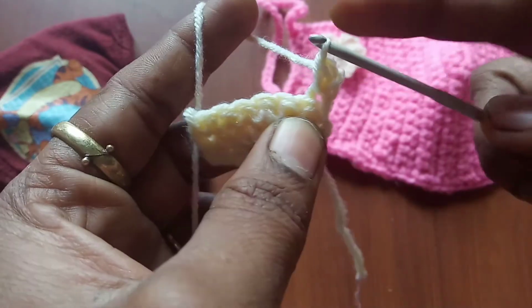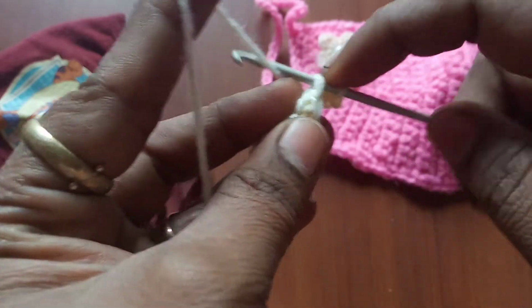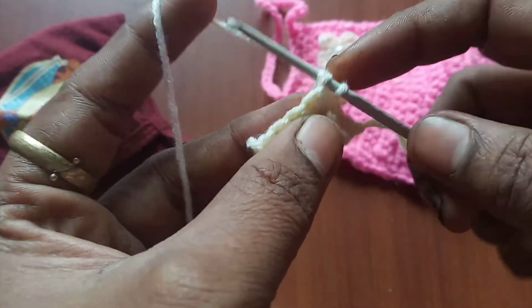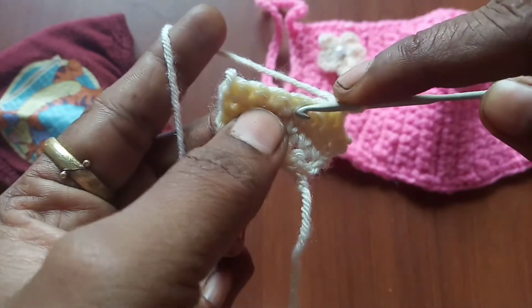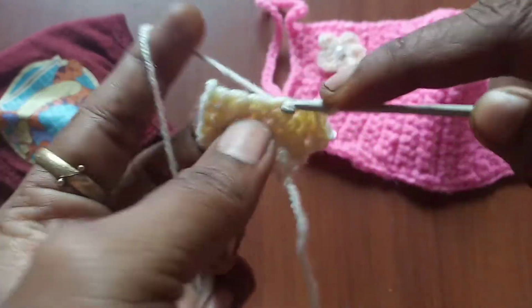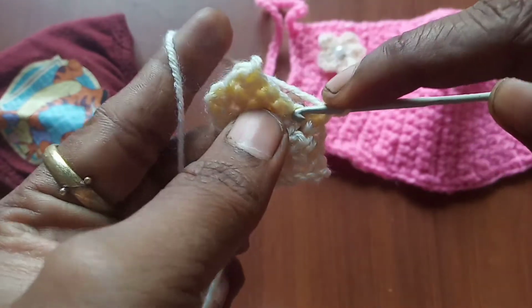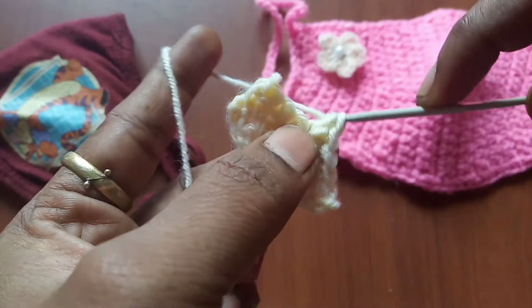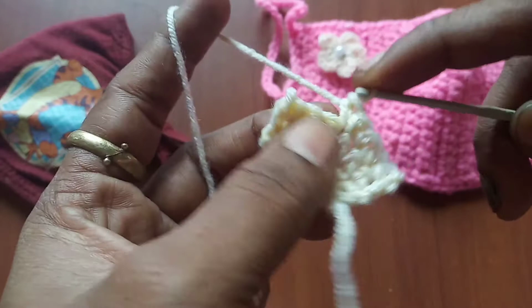So we are at the 7th chain space here, and we are done with row number 3. Here you can see the pattern has been widening. So at the 4th row we are going to make an increase at the center, which is technically the 4th chain stitch. So at the 4th chain stitch we can insert 2 single crochet